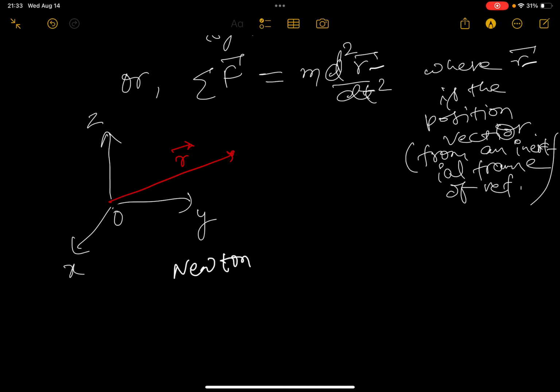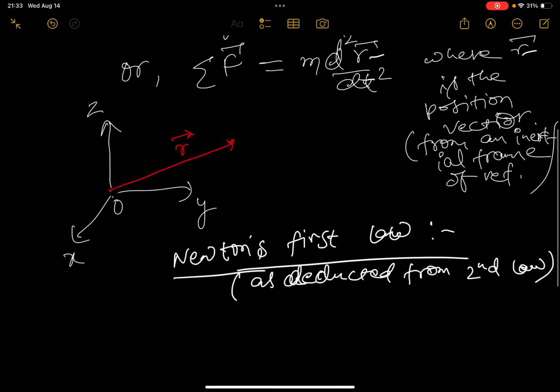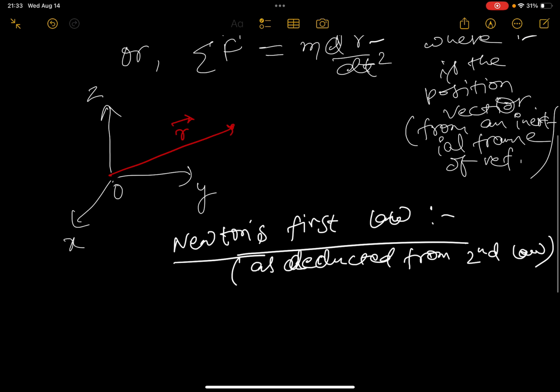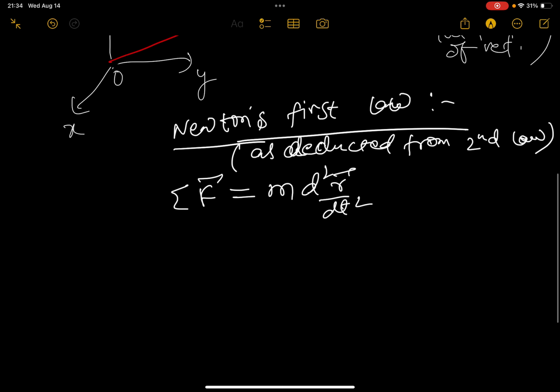Newton's first law as deduced from the second law: if we set summation F equals m d2r by dt square, Newton's first law says that if the sum of all the external forces acting on the body, summation F, equals 0,